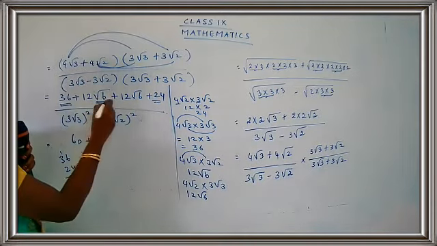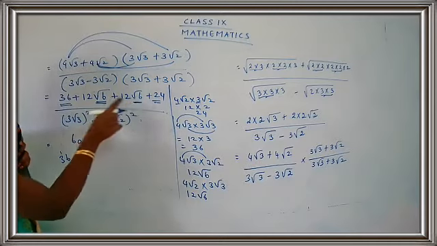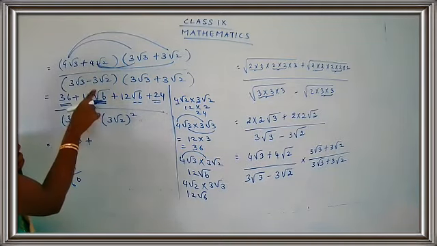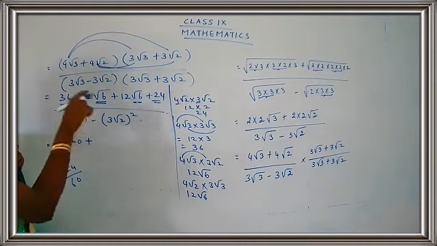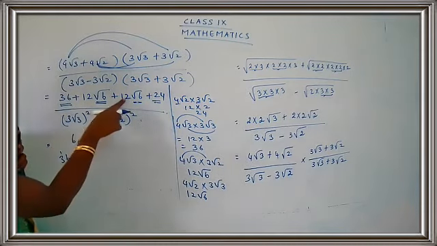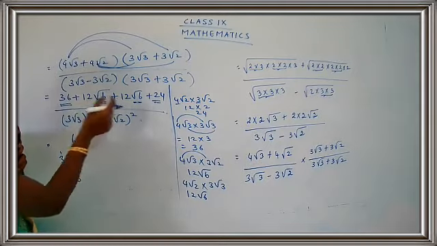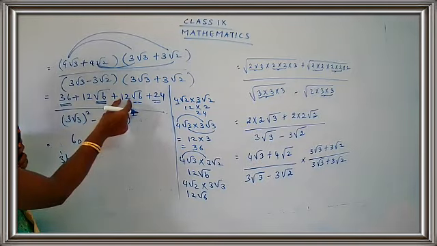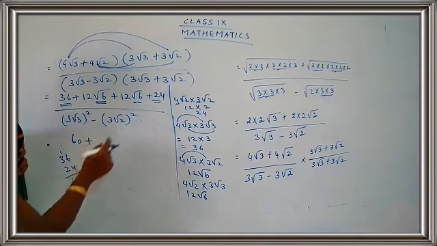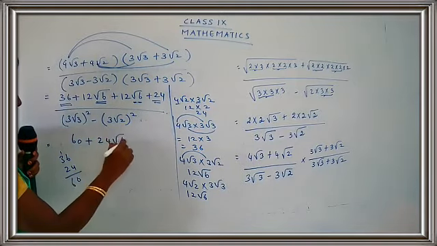So you have the same, what is the root over here? It's root 6, root 6. You have the same root index and the same radicand, so you can add the numbers. So 12 root 6 plus 12 root 6. You just add the coefficient. 12 plus 12. What is the answer? 12 plus 12 is 24. So you get here 24 root 6.